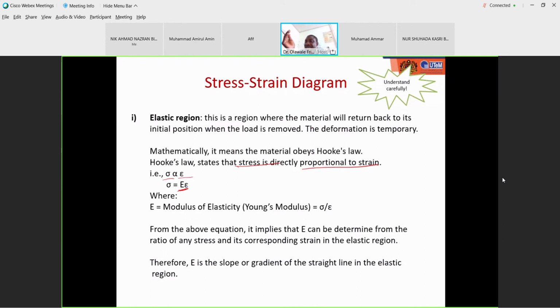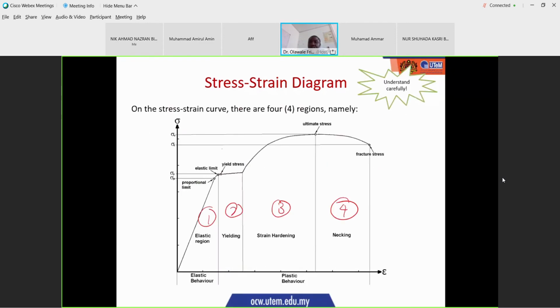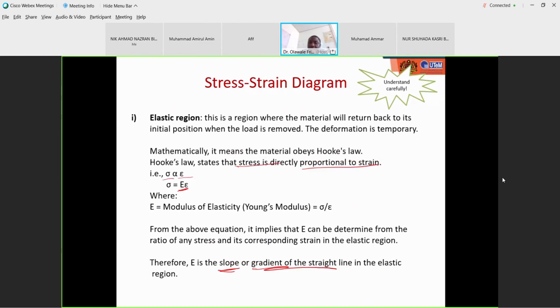So within your elastic region, you can calculate the ratio of your stress, which is the gradient or the slope in your elastic region. Therefore, E is the slope or gradient of the straight line, the elastic region. So you go to your elastic region, you take the straight line, then you can calculate your slope. So if we have a stress strain diagram and we ask you to determine E, all you need to do is you go to the straight line,